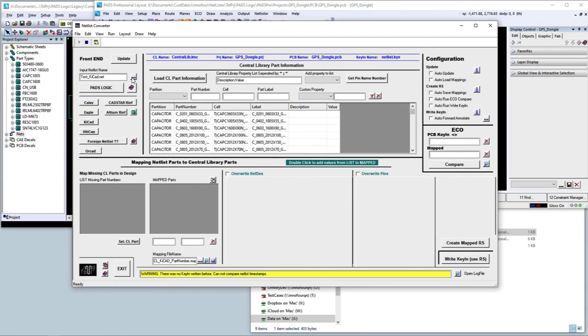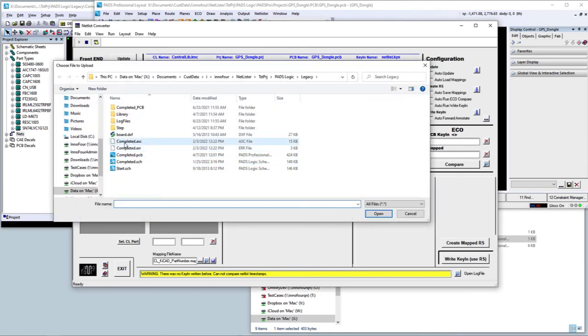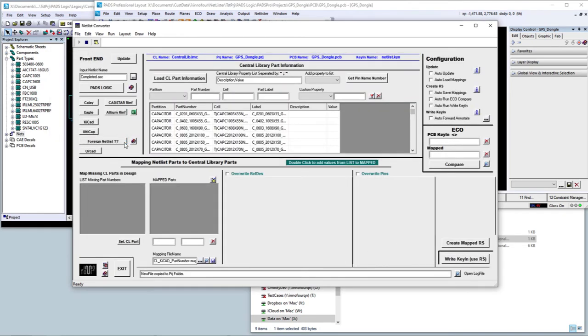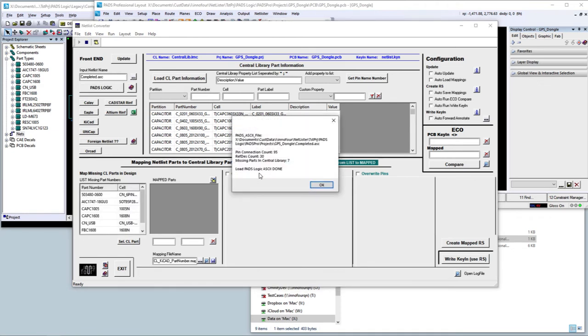The first thing we are going to do is browse for our created ASCII file from Patch Logic, the layout netlist. And we are going to state what kind of netlist it is, what kind of format we are going to utilize. In this case Patch Logic, but you notice that there are several other netlists that we can transform into a key netlist. Reading the netlist file format, we notice that there are currently 30 components having a reference designator,